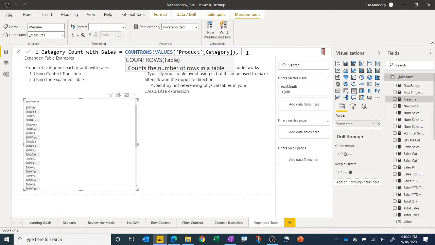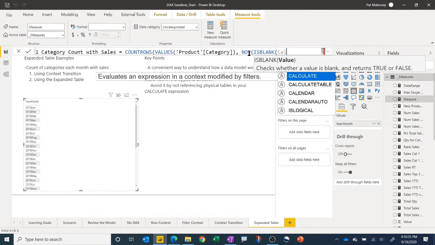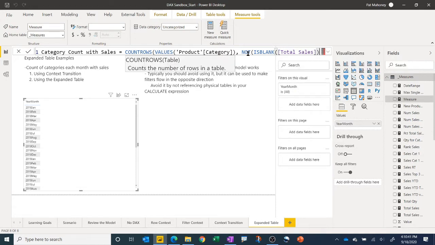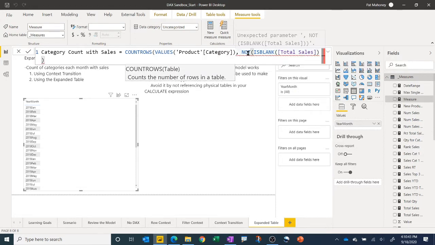But kind of like we did in one of the examples for context transition, we're going to say basically, not is blank, and then we're going to go ahead and calculate the total sales measure. And because we reference it as a measure, it's going to